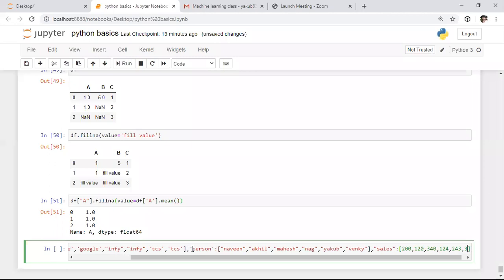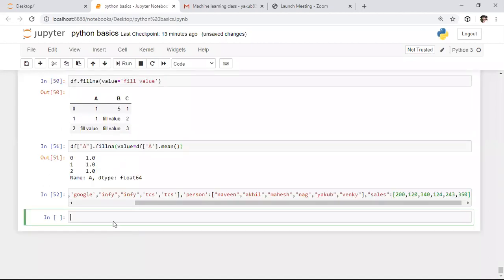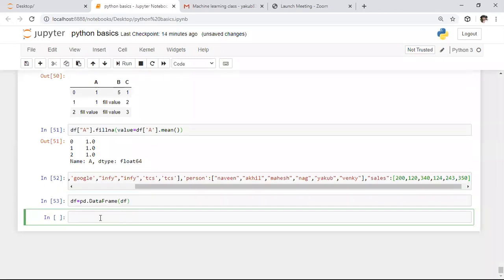So here it is the dictionary which I am defining, and this is the data which I entered in this dictionary. After this, with this data, I want to create a data frame. For that purpose, I'm saying data frame equals to, and to create the data frame we need to use the DataFrame function, which is present in the pandas module. So I'm creating the data frame by using that data. This entire data will be present in df only.